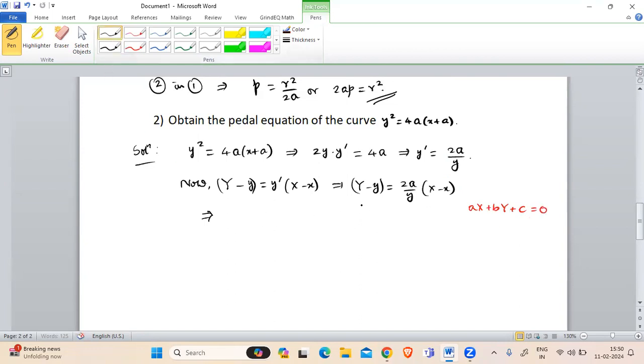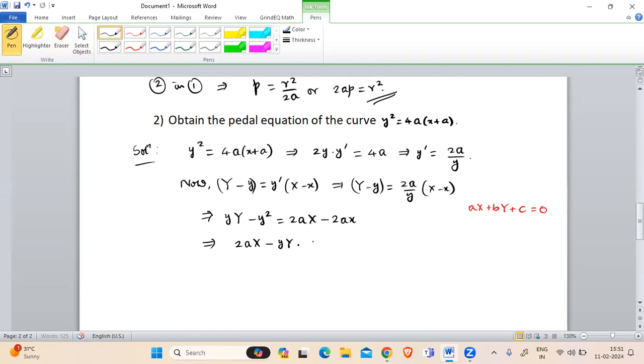First, cross multiplying by small y gives yY minus y square equal to 2a into capital X minus 2a into small x. Now taking all the terms on the left hand side to the right hand side and rewriting gives us 2a into capital X minus y into capital Y